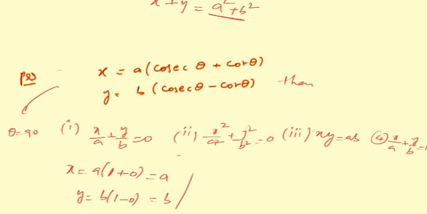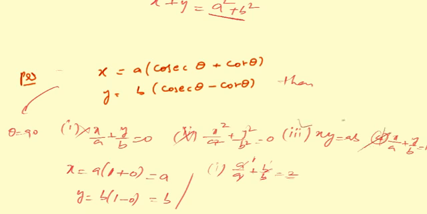So try to substitute in the first option. What happens to the first option? It will become x by a plus y by b, which is a by a plus b by b, and each divides to give 1, so the total value becomes 2. But this is not our answer. In the same way, for the other options you never get 0, and even for the last option you won't get 0.